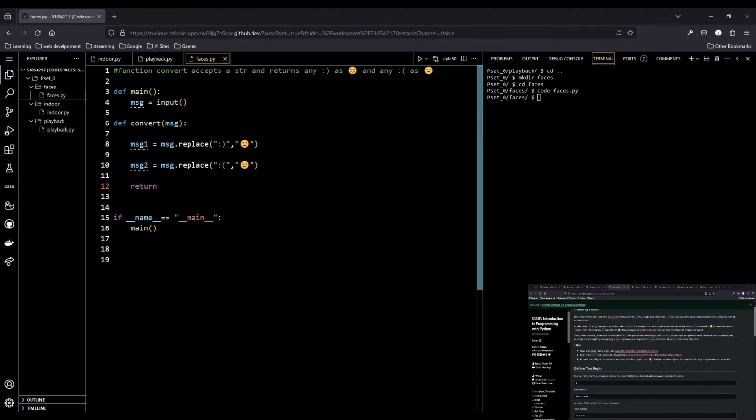So then message 1 is equal to MSG replace. Right, so